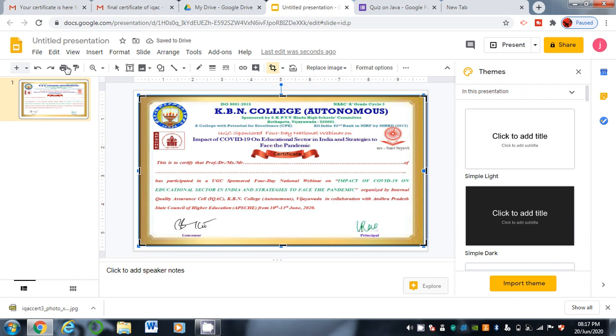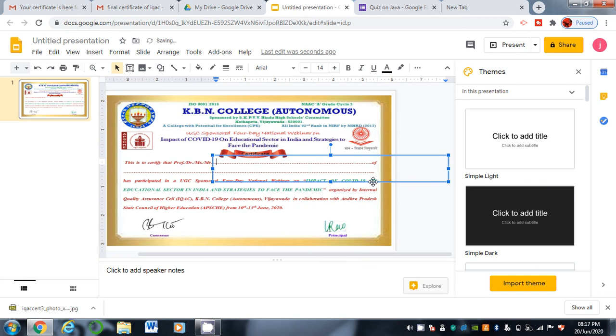And take a text box and drag it where you have to print your name. So up to here I want to print my name.